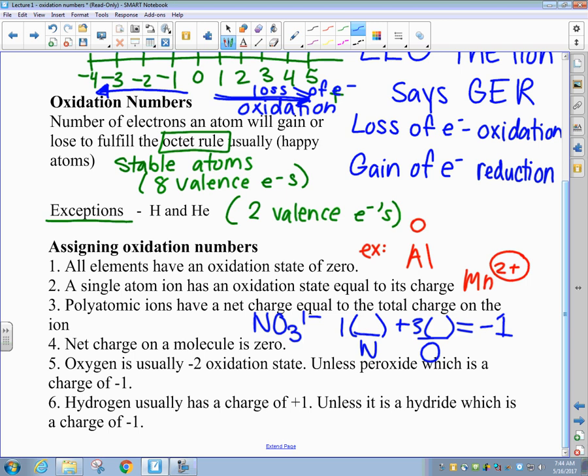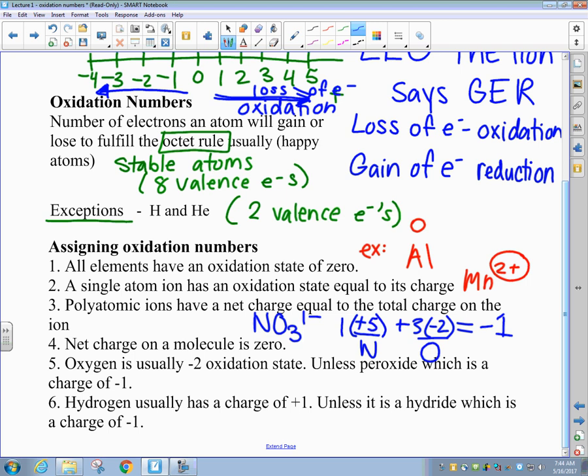Oxygen almost always has an oxidation state of -2. There is one exception that we will get to here in rule number 5. Oxygen is only going to have an oxidation state of -1 when it is with a peroxide. In this case, this is not a peroxide, and so oxygen would have a -2 charge here. If oxygen has a -2 charge and there are 3 atoms, then 3 times -2 gives us a charge of -6. So we really need to figure out what plus a -6 gets us to a -1. And of course, the answer is